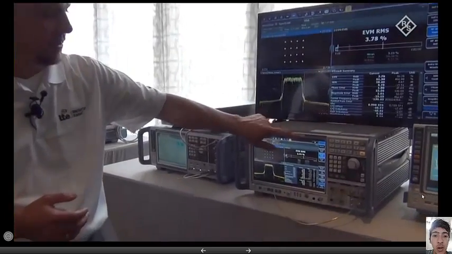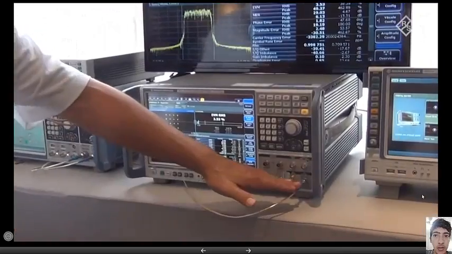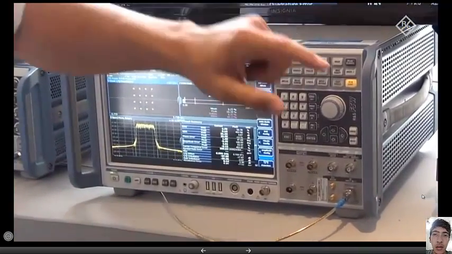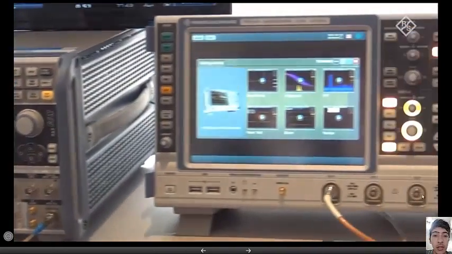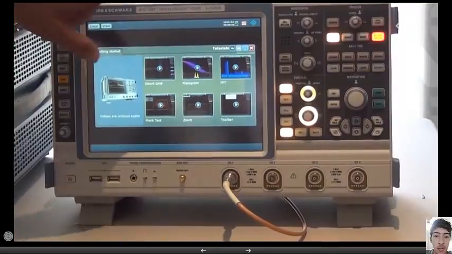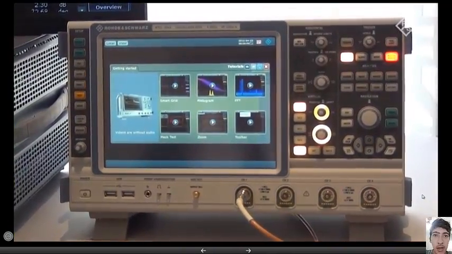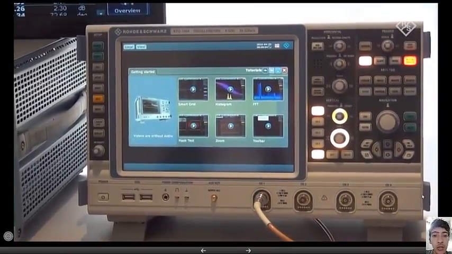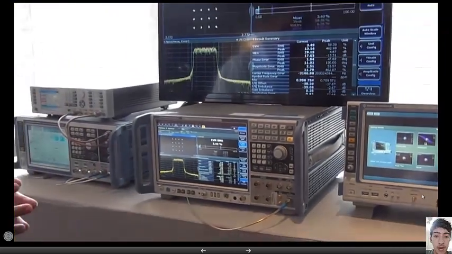So what we basically do here is we're feeding that 18 gigahertz signal in here, down-converted to the first IF stage, taking that signal out, and feeding it into the scope acting as an external digitizer. It has a 4 gigahertz bandwidth at this point, so we're utilizing that here, and then we're feeding the digitized IQ samples back into the analyzer and doing a modulation quality measurement.